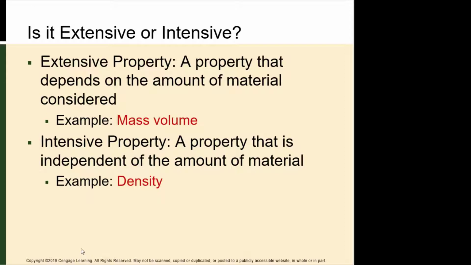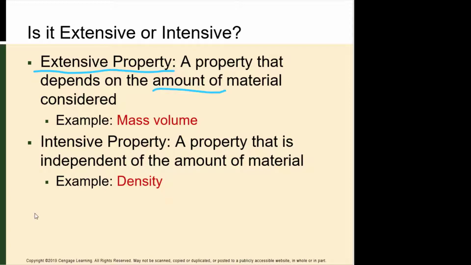We've also talked in previous lessons about the difference between extensive properties and intensive properties. So an extensive property is a property that depends on the amount of material, like mass and volume. Mass is something, if I had a small piece of iron versus a large piece of iron, my mass varies. It's a property that depends on the amount. Volume, if I have a small glass of water versus a large glass of water, I have a small volume versus a large volume. That changes even though it's the same substance, right? If I had water, H2O, if I had 5 milliliters of it or 500 milliliters of it,